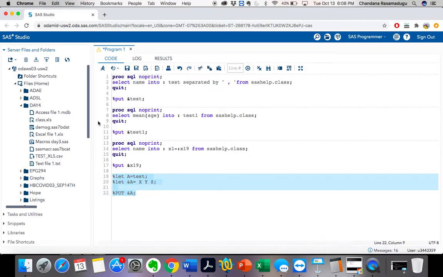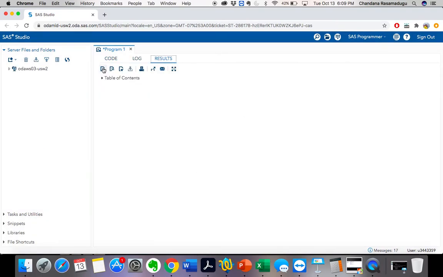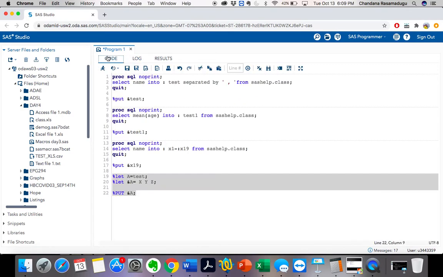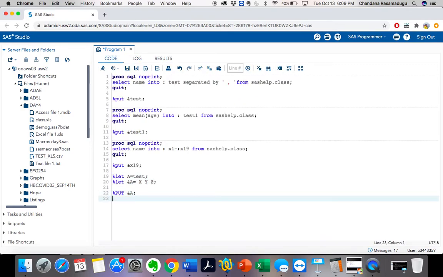See, let's execute it. So when I call ampersand a, just a, I will get test, right? Let's execute it first. See, when I call this ampersand a, what is my value? Test, right?